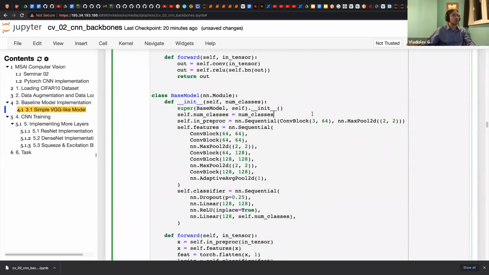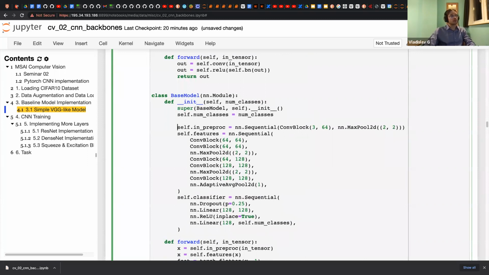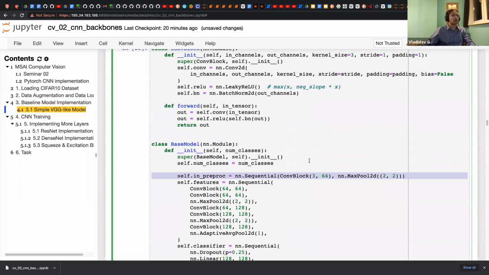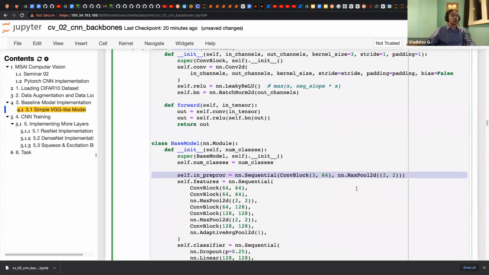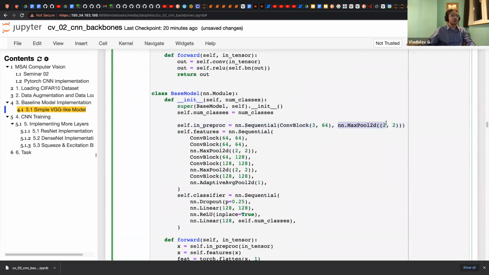Then what we do here is we first apply one convolutional block with max pooling, and the main body of the network is two convolutions, then max pooling, two convolutions, then max pooling, and finally one convolution and one adaptive pooling.